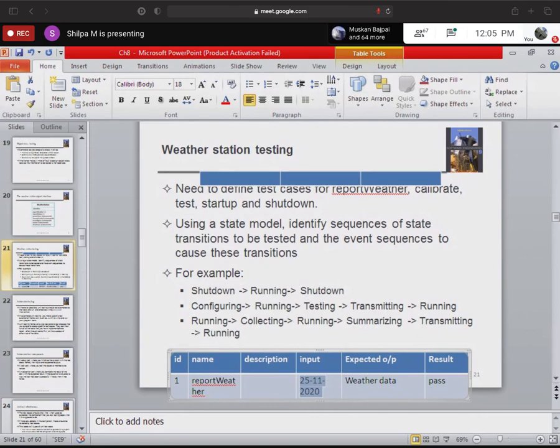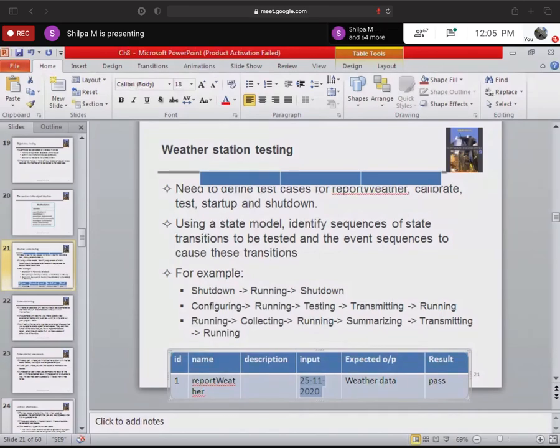Now, when we use tools like the JUnit tester, every time it will give the correct input and see the correct output, and it will automatically check whether it is correct and pass. If not, it will say it failed. So you need not sit in front of the system and do it.